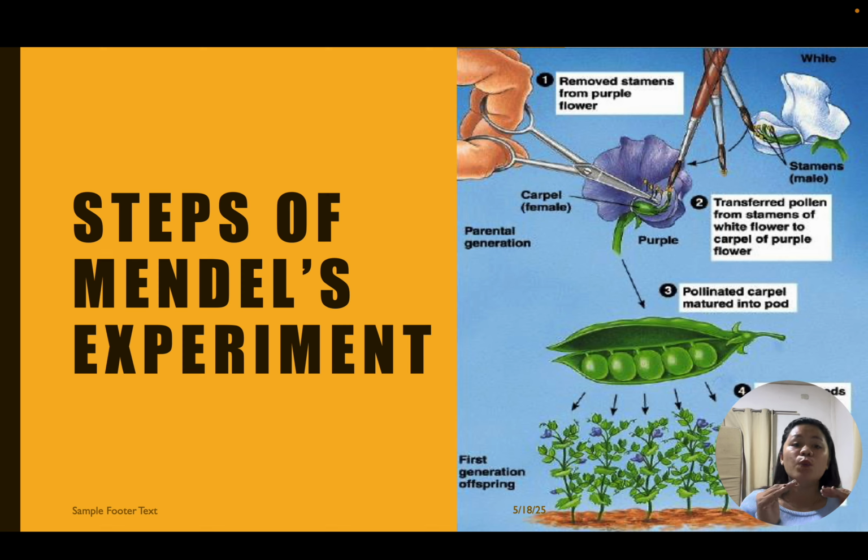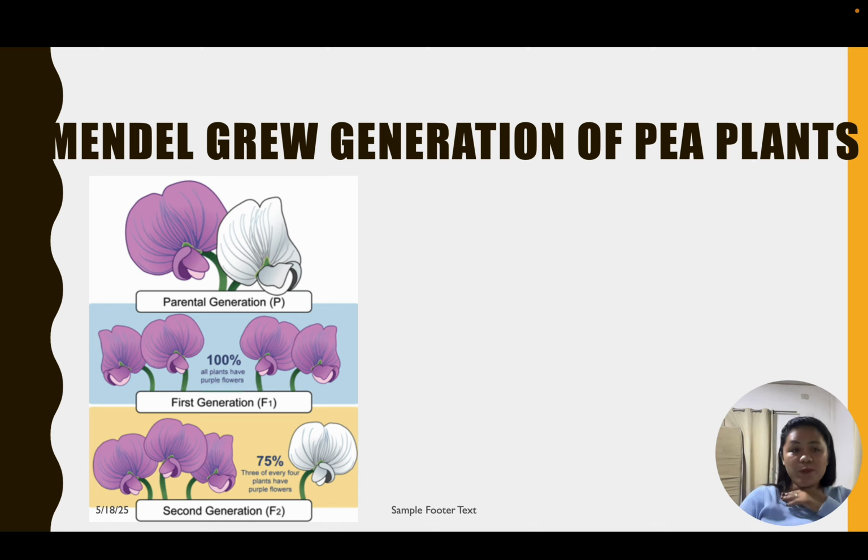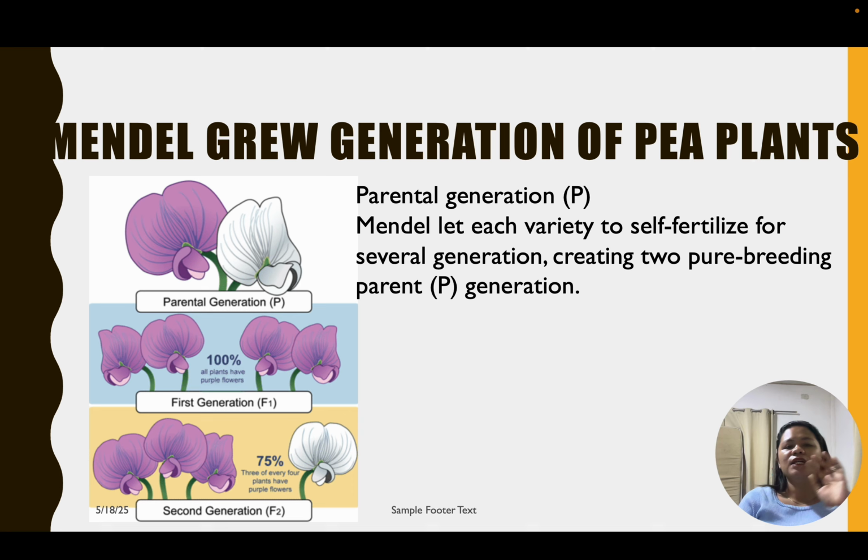So of course, expected, based sa experiment ni Mendel, na this purple flower, if ever self-fertilize lang natin, would somehow produce offspring that has white flower. Okay? So, based sa previous na slide, 3:1 yung ratio. So, 3 purple flower and 1 white flower. So, mag-show ang ating recessive na trait. So, the same with this one. So, yan, pinakita lang kung ano nangyari. So, parental generation, Mendel let each variety self-fertilize for several generations muna to ensure that purple is purple and white is white.